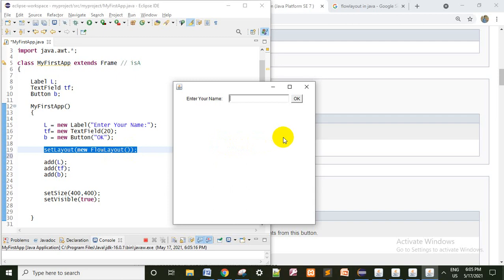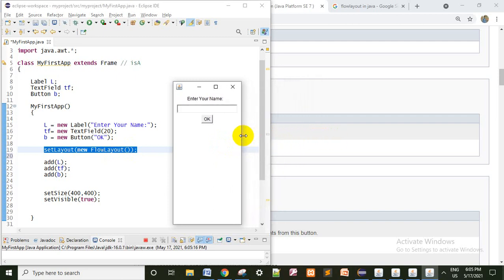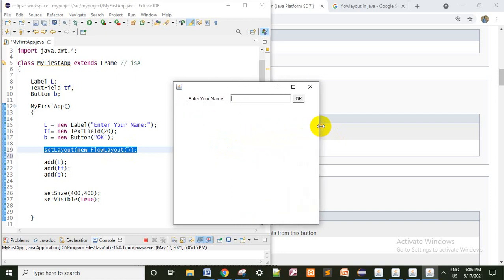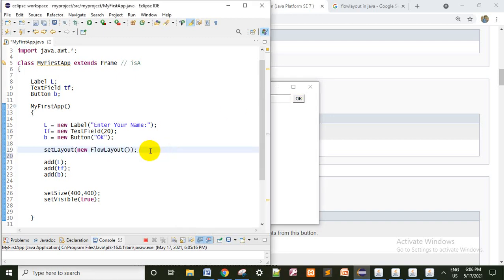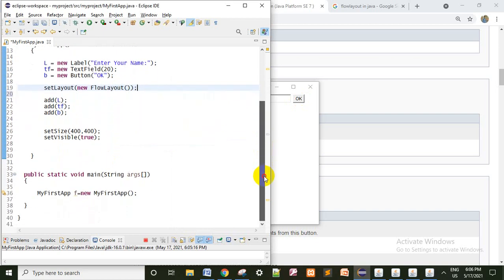When you decrease the size or drag like this, automatically the components that were added come one below the other. Again when you increase it, they come in one line. So this is the simple way to create a simple application.